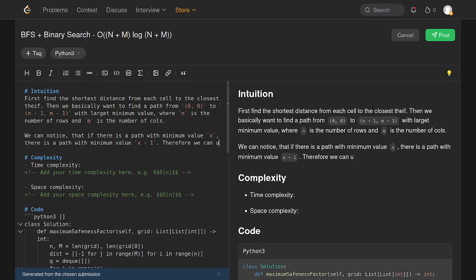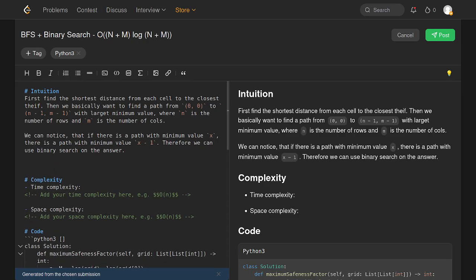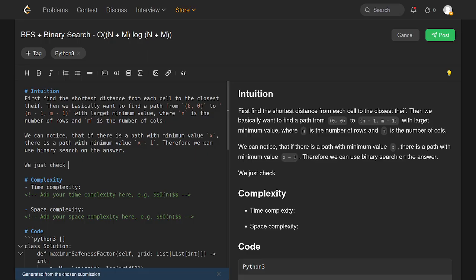Therefore we can use binary search on the answer. We just search for the largest x,